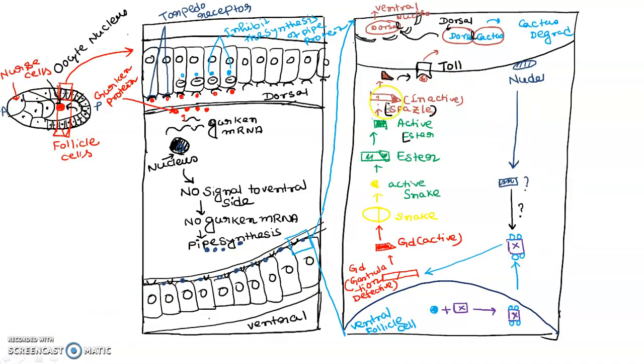In summary, we can say that what's actually happening is, if the Gurken mRNA is present and Gurken and Torpedo interaction occurs, this side becomes the dorsal side. If there is no Gurken and Torpedo interaction, there is a synthesis of Pipe proteins. Pipe proteins cause the modification of factor X. In that way, they activate some other intermediate proteins, which bind to the Toll-like receptors, and then there is Dorsal and Cactus. Cactus gets degraded, Dorsal becomes active, Dorsal protein goes into the nucleus and ventralizes the cells. In that way, dorsoventral axis specification occurs in the Drosophila embryo.